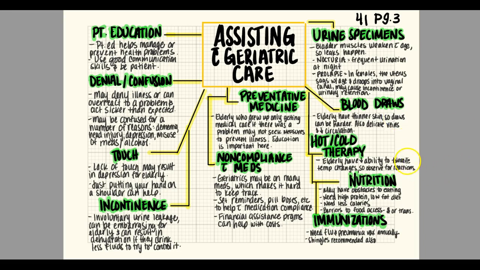Hot and cold therapies: elderly have a decreased ability to tolerate temperature changes, so if you're using any hot or cold therapy on an elderly person, you want to observe for adverse reactions. As far as nutrition goes, the elderly population may have obstacles to eating, like missing teeth,